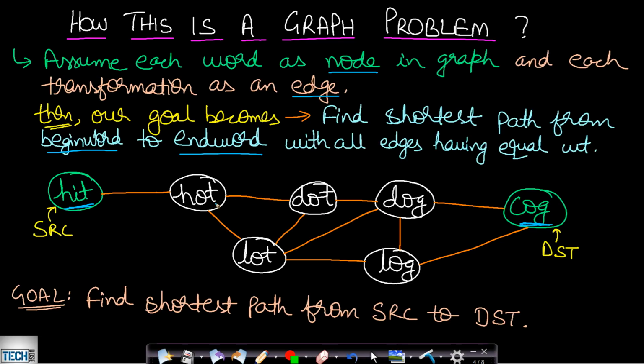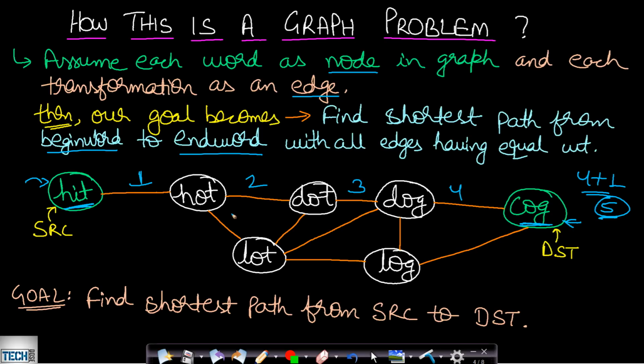So we can convert this problem to the statement that we want to reach from the source node to the destination node in the minimum number of jumps, that is by traversing the minimum number of edges. So here that will be equal to, this is 1 jump, 2 jump, 3 jump, 4 jump. So the number of words which come from source to destination will be the number of jumps plus 1, which will be equal to 5 in this case. Okay, so there can be many possible paths, but you will have to return the length of the shortest path.